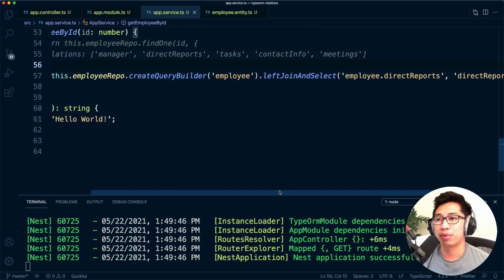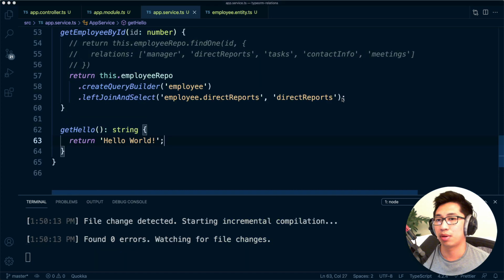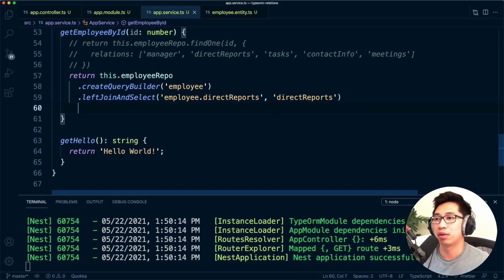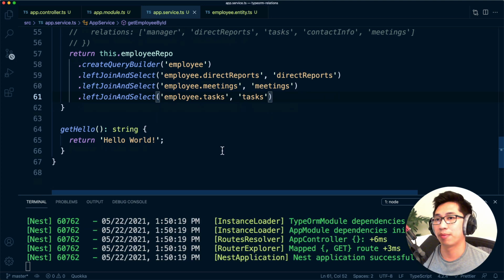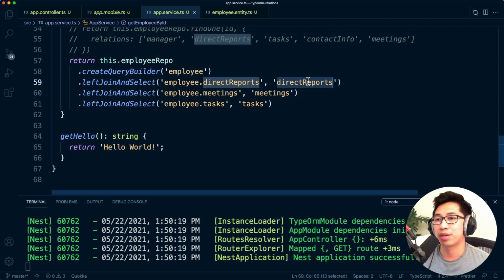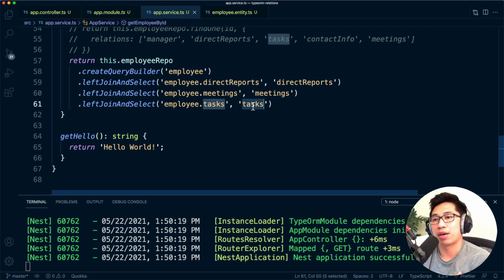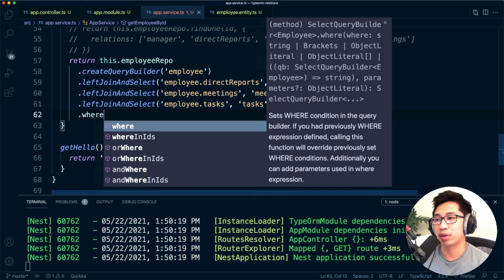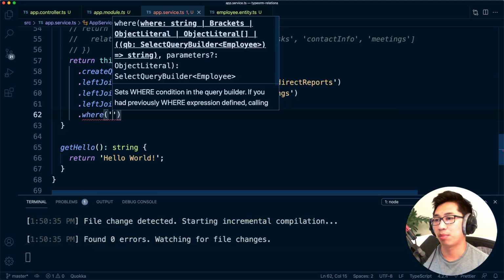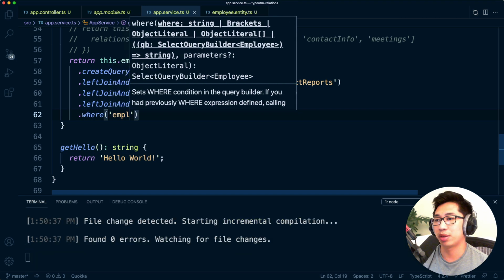So this is going to pull in the employee's direct reports, and we'll also add in our meetings and tasks just as an example, right? And you'll notice that there is an alias for each one of these, so it's still represented by some kind of string, and that's useful in scenarios where perhaps you want to add a where clause, right? Maybe you want to do where employee.id